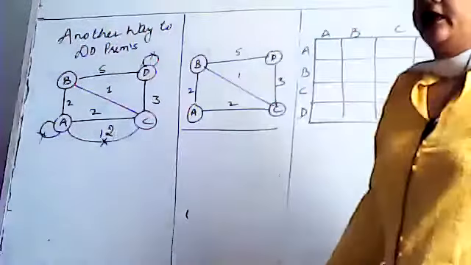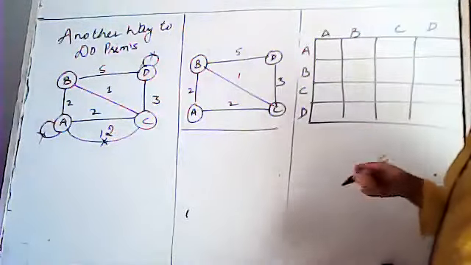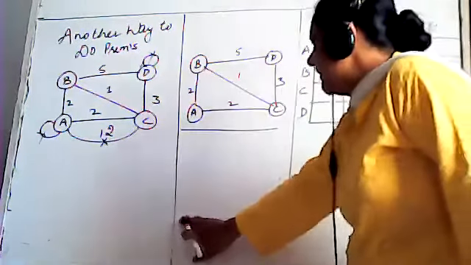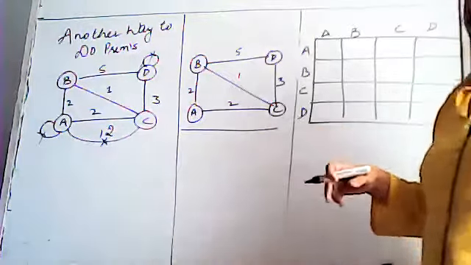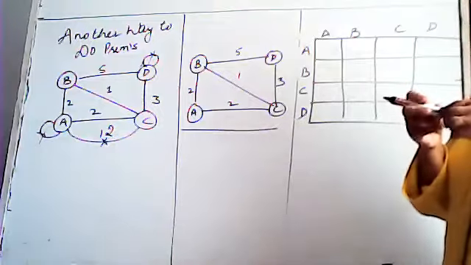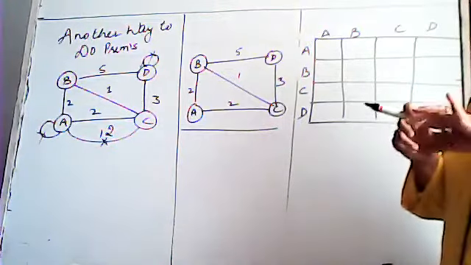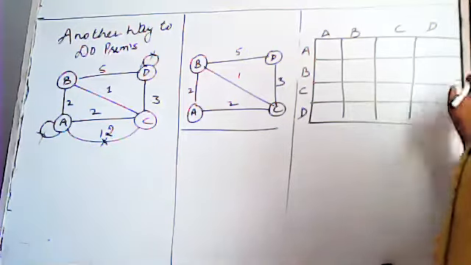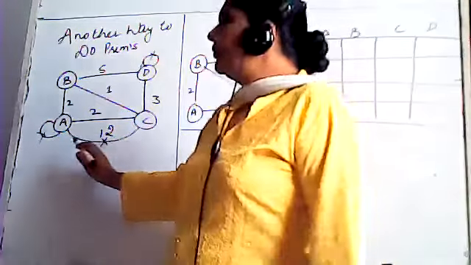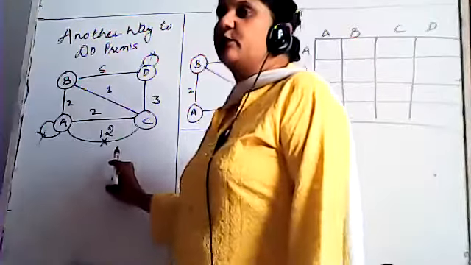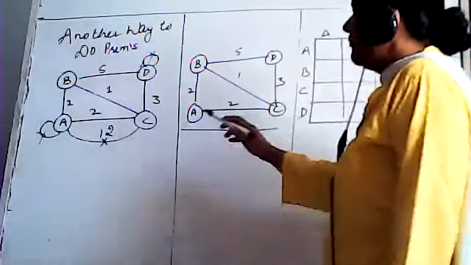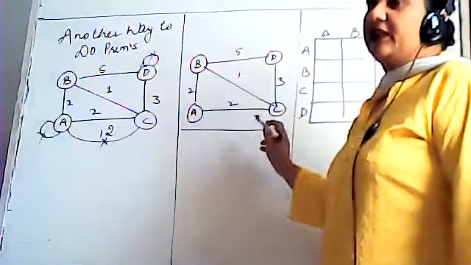Okay. So I am taking the same graph so that it will be easier to understand, and easier for you to compare it with Kruskal, although you will get the same weight for the MST. So let's do this. First step is the same as Kruskal, to remove the loops. Second step is to remove the parallel edges, and you have to keep the edge with the least weight. Fine. After removing those edges and loops, we are left with this graph.